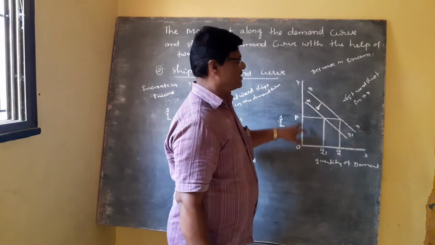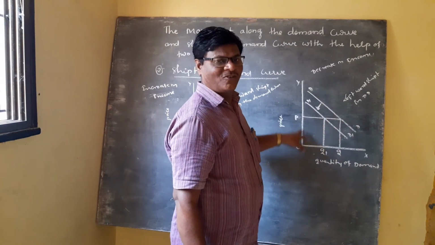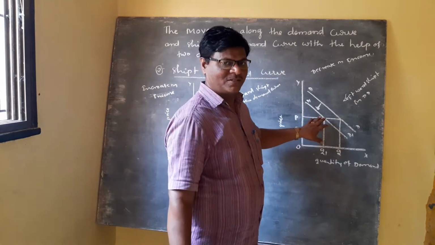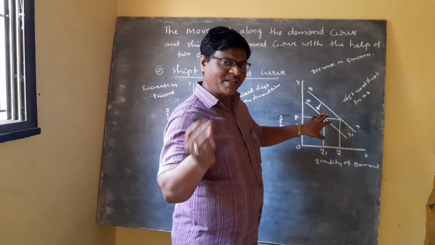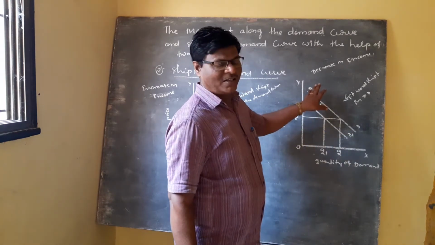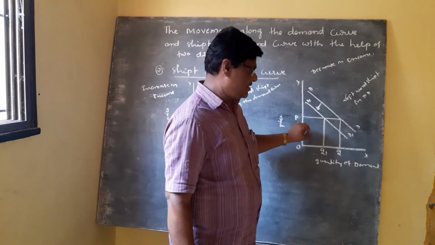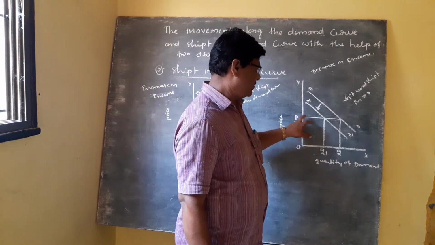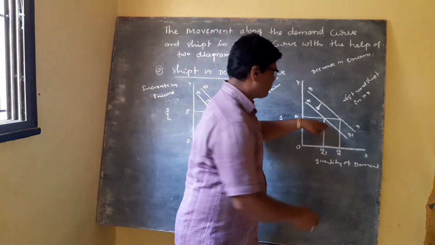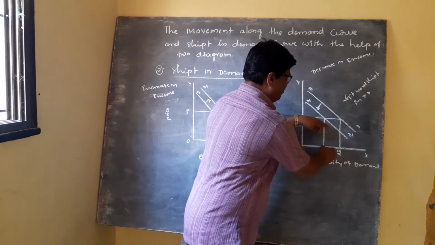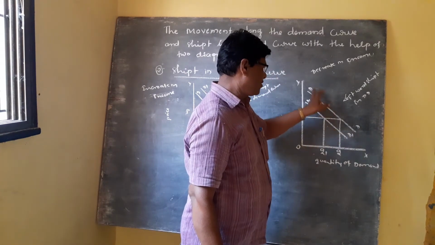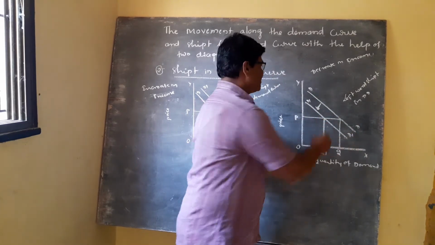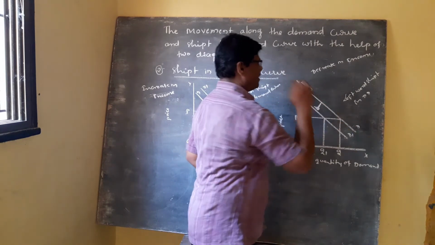You see, the price is the same or constant, no change in price, only a change in income of the consumers. In case the income of the consumer decreases, the quantity demanded also decreases. OP is the same. The income of the consumer decreases, and the quantity decreases from OQ to OQ1. The demand curve shifts from right to left, D to D1, meaning demand decreases from D to D1.